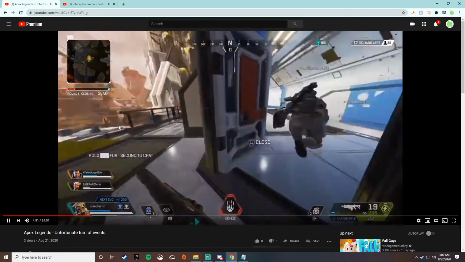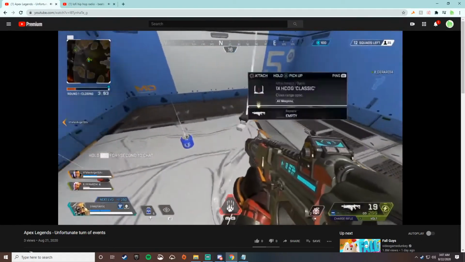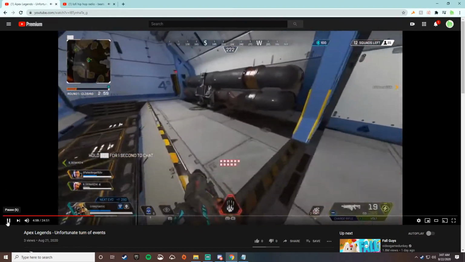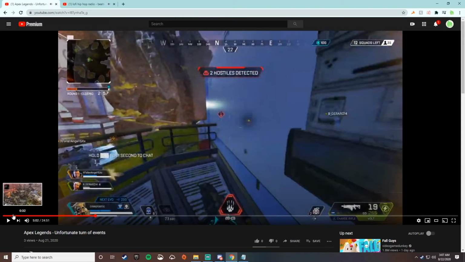So, you're about to get in a fight right now, and you use your tactical here to scan for enemies. Now, before we continue on, I kind of need to explain Bloodhound's tactical